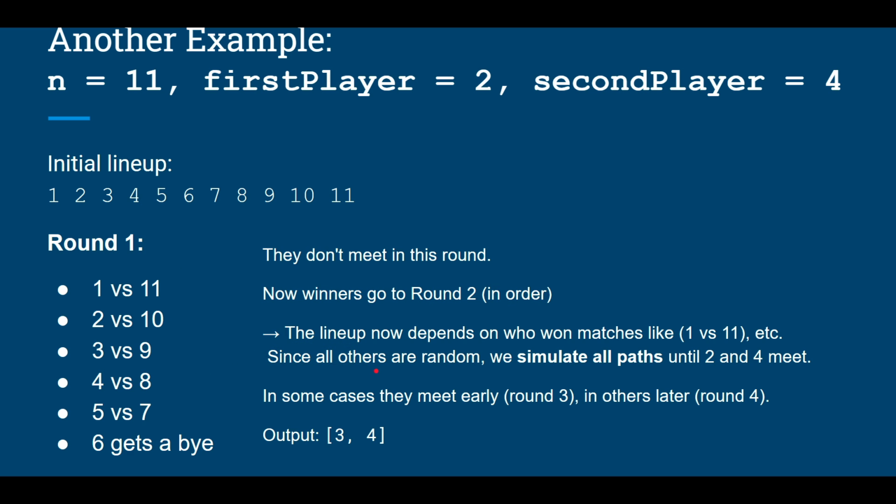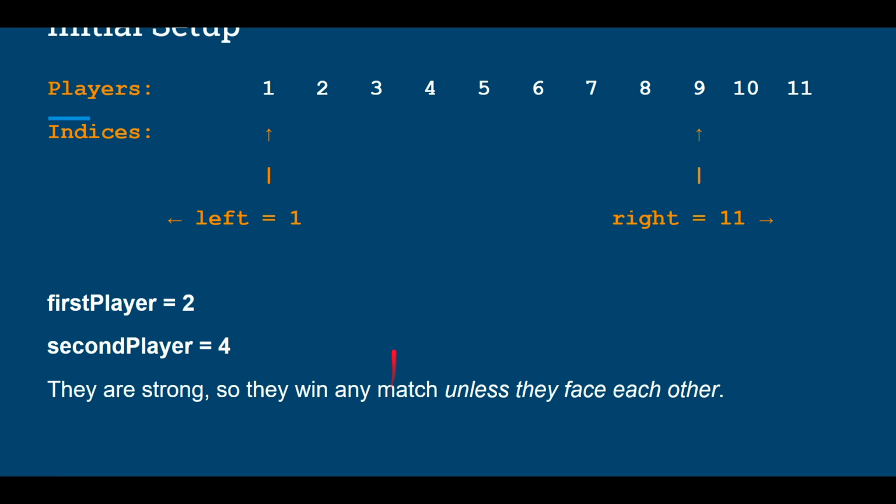So since all others are random, we simulate all the paths until 2 and 4 meet. We'll keep repeating that, right? So in some cases they meet early, let's suppose round 3, and in others in round 4. So we'll say early is 3 and the next round is 4. So they can meet in 3 and 4 also. So let's suppose the players we have are 1 2 3 and we have